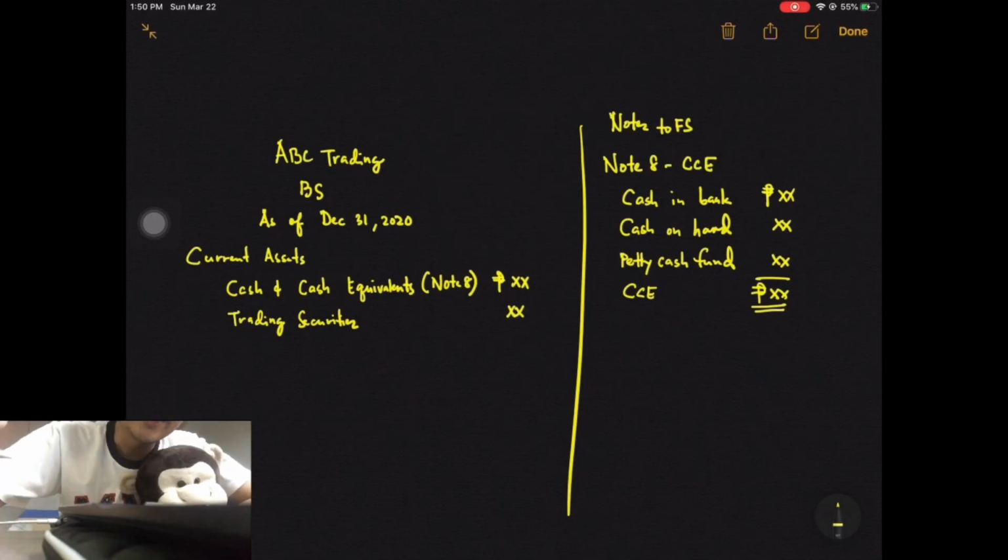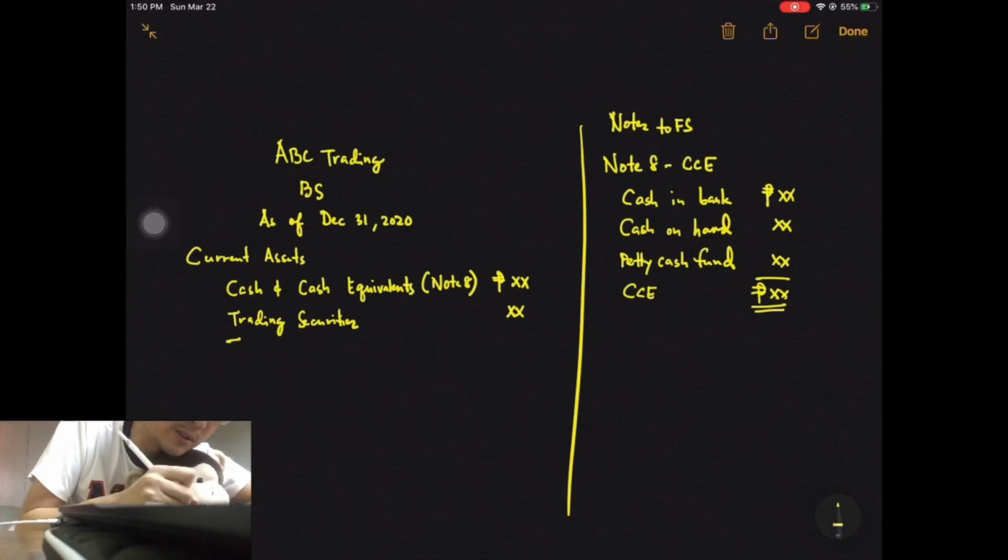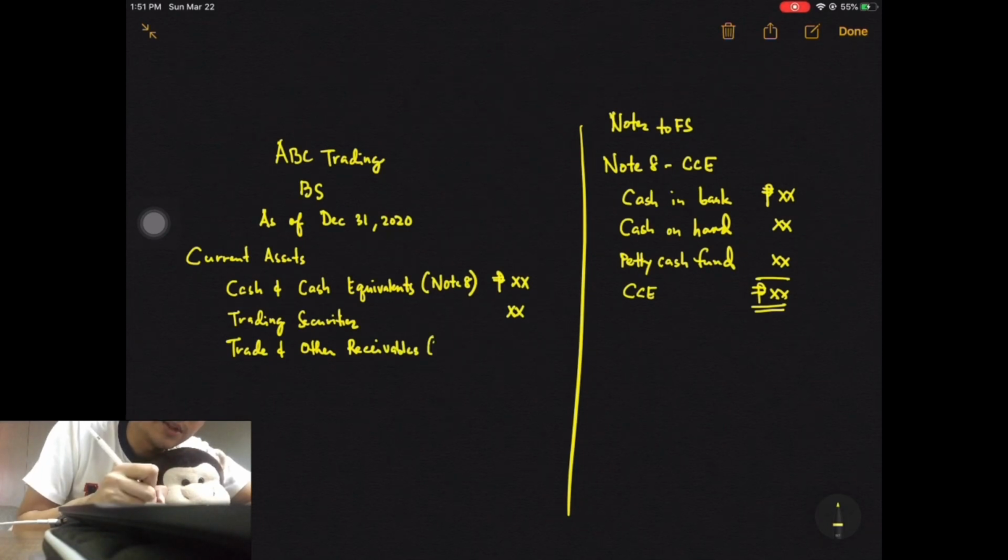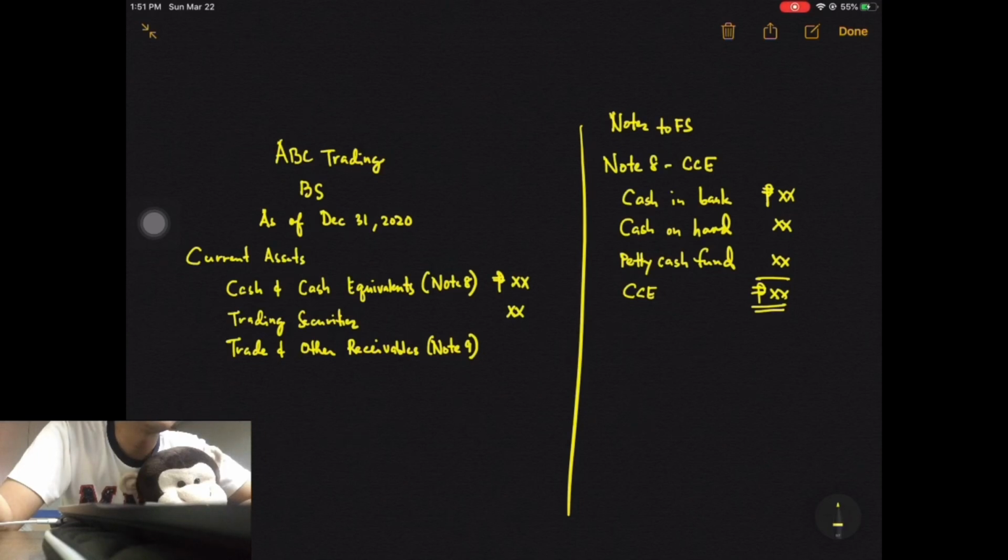And another is, I believe this note title is one with the most account titles under it, and it's called trade and other receivables. So that's note 9. What we will include here are your future collection, maybe from your customers or your employees or your borrowers. Let's prepare first note 9,